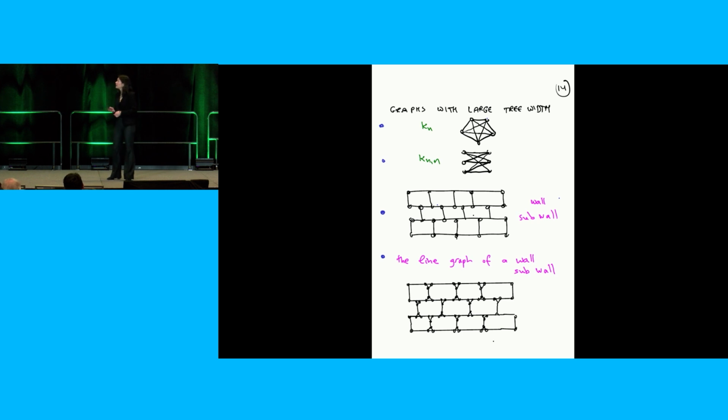And this graph is what we call a wall. So I'm not going to tell you what a wall is, but I'm going to draw a wall for you. It's made of bricks. And this is a planar cubic graph, right? So it's so sparse you can draw it in the plane without intersections, and its max degree is only 3. And yet its triodes is square root of its size, which is still big, right? So if you take this wall, you understand what it means to be an n by n wall. It has n bricks like this and n bricks like that. And that wall has triodes n.